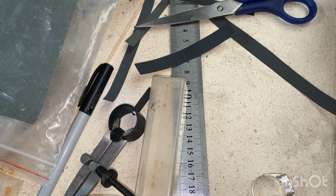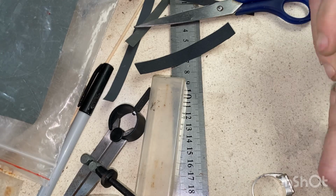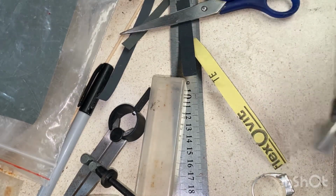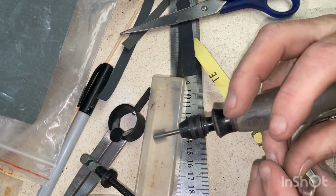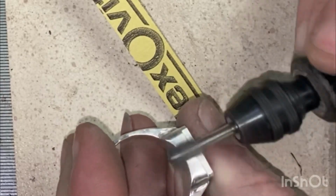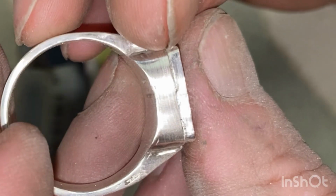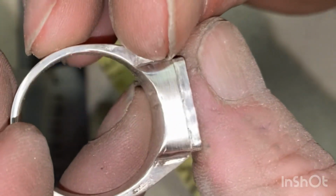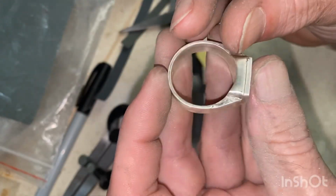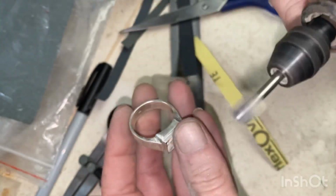Same again. Now we can move to a flatter piece. And again onto the flat surfaces. And you can quickly see that you're getting that 800 finish on it, taking out all the 400. So yeah, I won't keep filming. More of the same as I did before, just going over the entire thing with